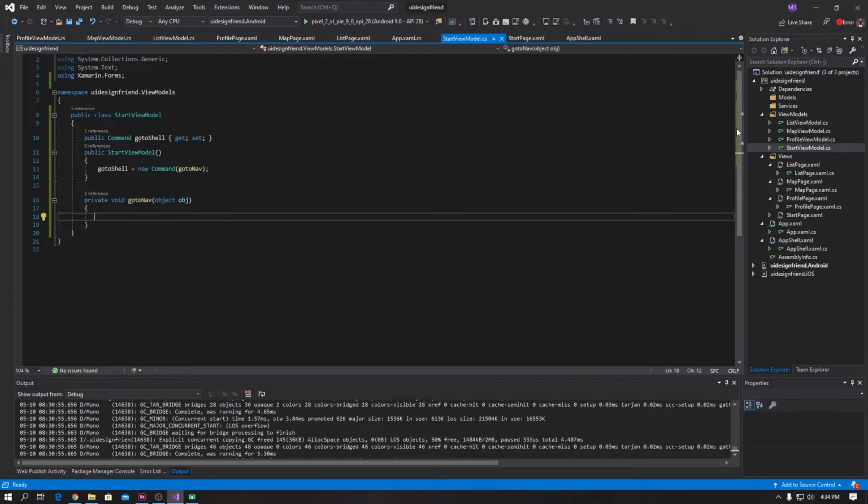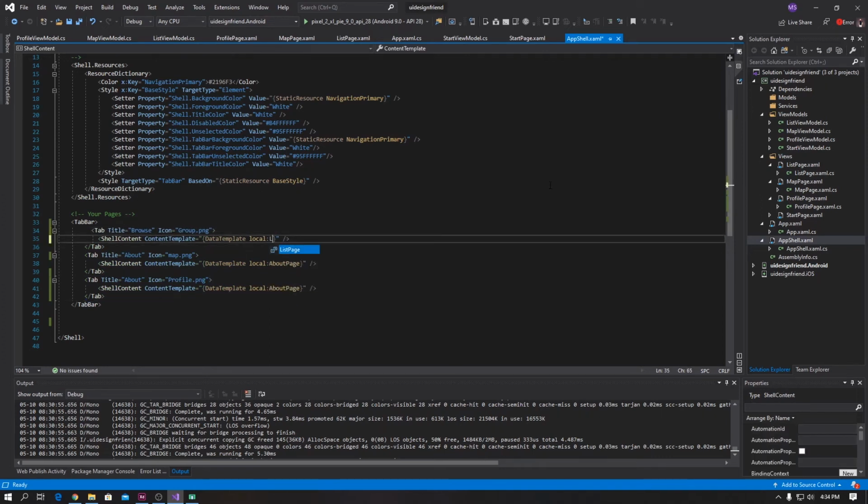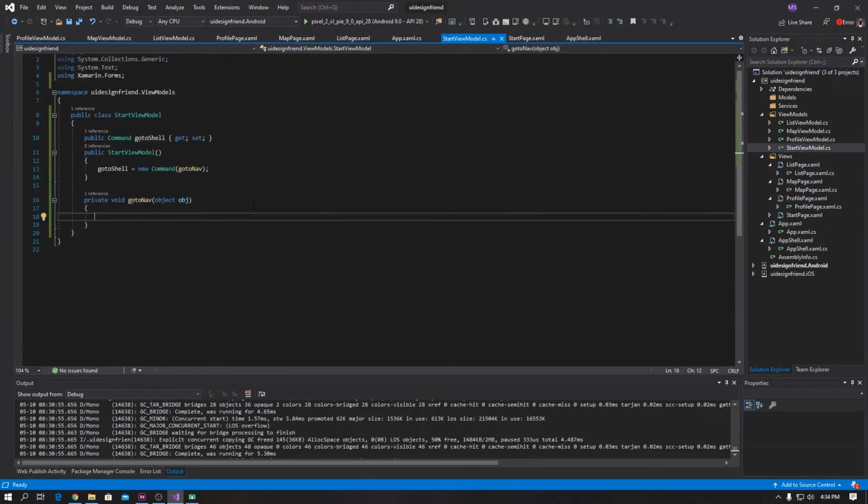Alright, the next part is I'm going to app shell over here, and then uncomment item page, change to list page, map page, and another one is profile page. After that, what we are going to do is go to our start view model and then implement. So I'm going to make add dot current dot main page equal to